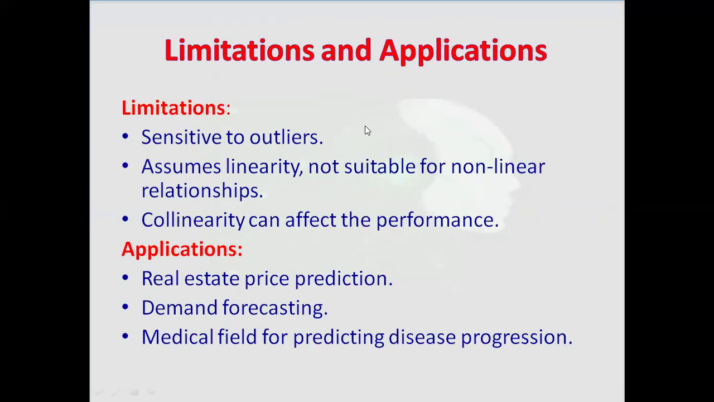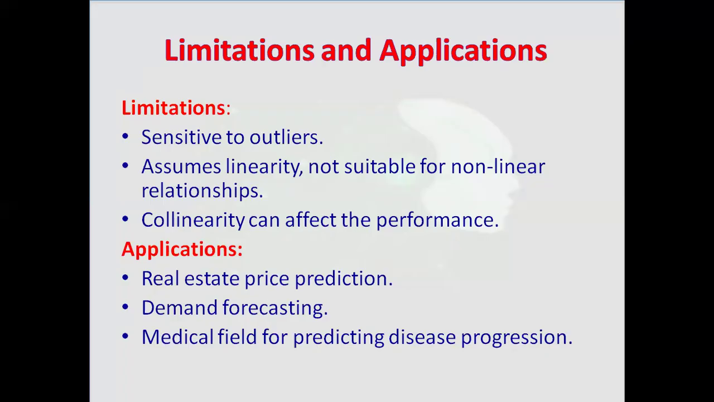Even though it has got many advantages, it has got some limitations also. Although linear regression is widely used due to its simplicity, it is sensitive to outliers, which can skew the model. It also assumes a linear relationship, so it may not perform well with nonlinear data. And there is multicollinearity, where independent variables, that is x1, x2, x3, are highly correlated with each other, which can also reduce model performance and